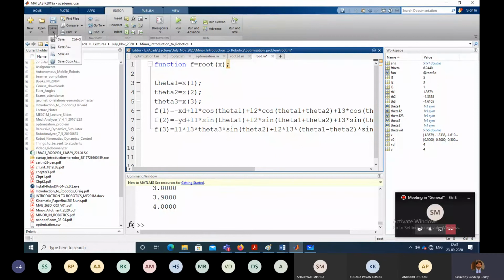And after you have typed in those equations, just click save. It has to be in saved form.